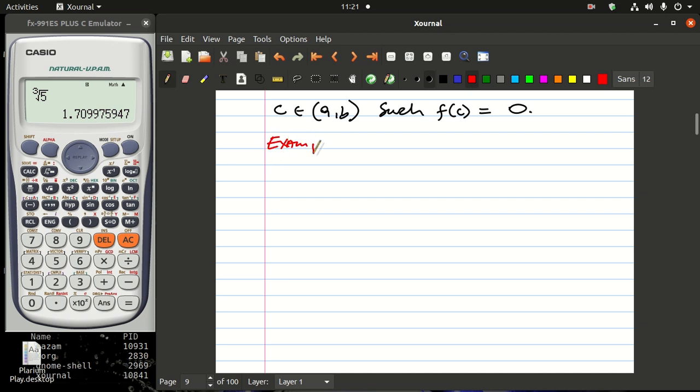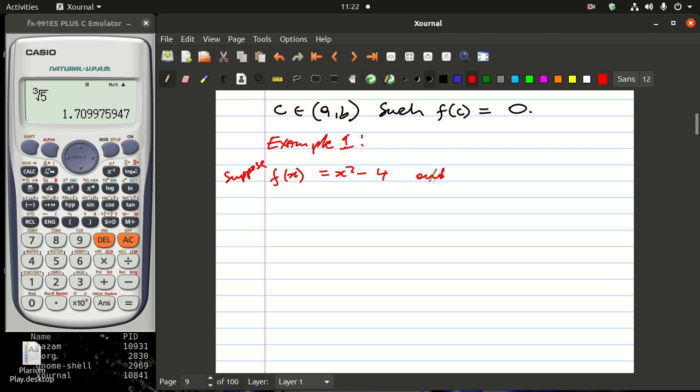This is going to be the first example. The first example is saying something like this. I'm going to say this is the first example. Suppose that I have f of x, and f of x is equal to x squared minus 4. And let me write here, suppose f of x is equal to this,